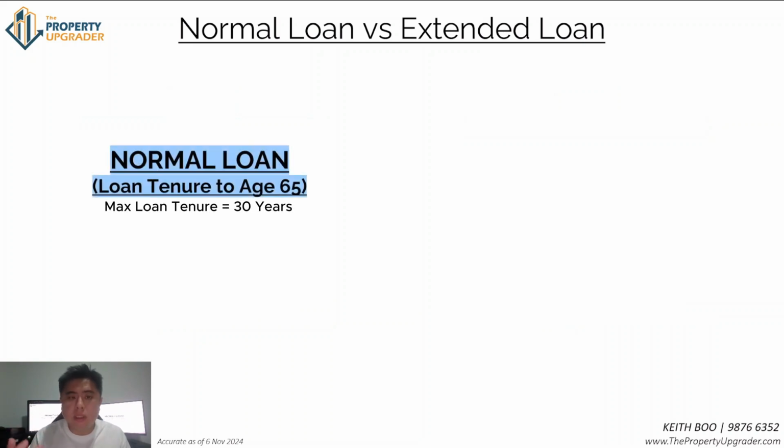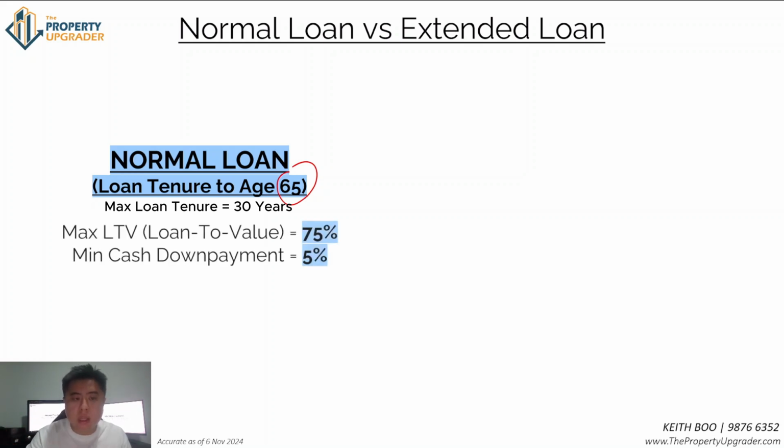A normal loan is a loan that is only up to age 65. This is the very standard loan that the bankers will usually come back to you with, based on your age and the income that you provide to the banker. It is commonly known in the market that for any property purchase you can get up to a max LTV, which is loan to value, of 75%, which means that, for example, if today you're buying a 1 million property, the max loan that you can get will be